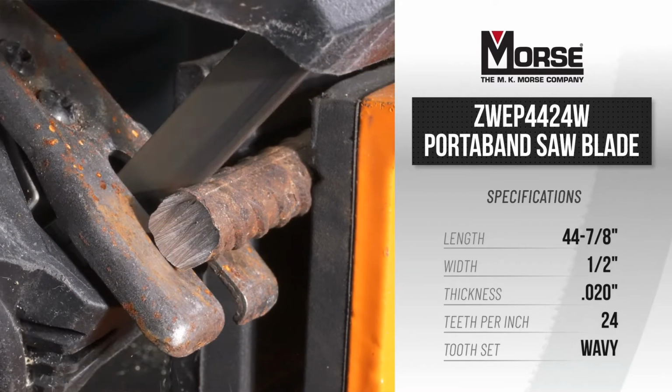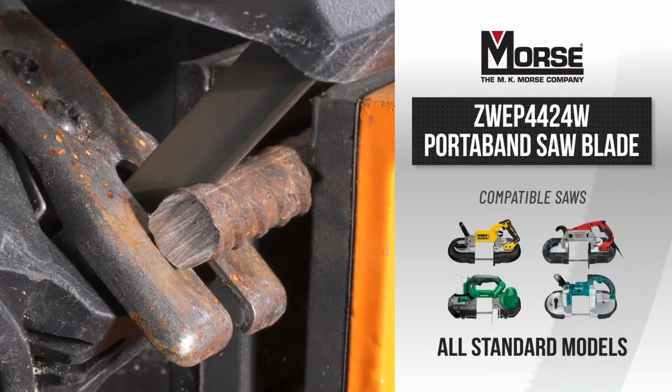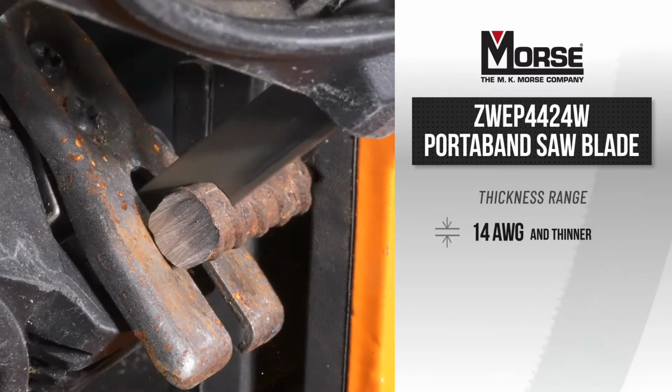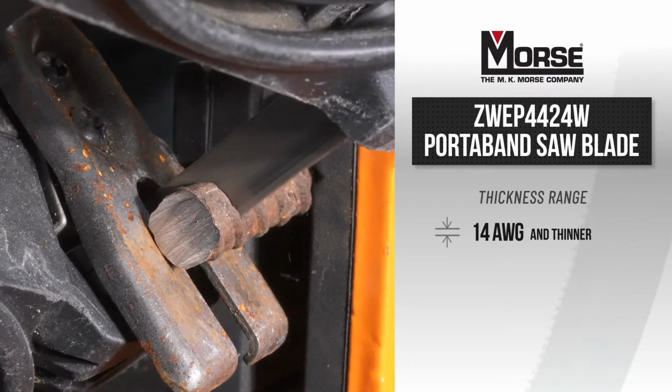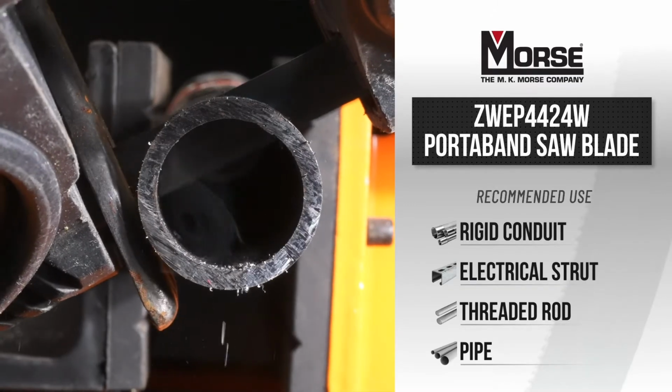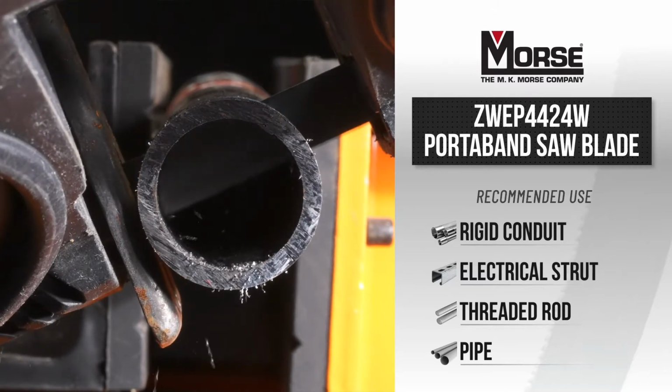The 44 and 7/8 inch long porta-band blade will fit most standard models and will excel in cutting materials thinner than a 14 gauge. The 24 TPI blade cuts prime applications such as rigid conduit for electrical, strut, threaded